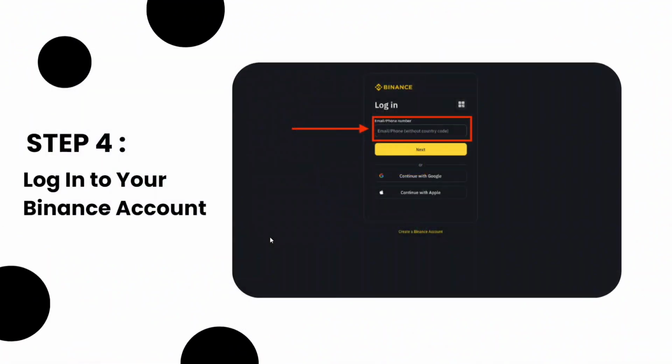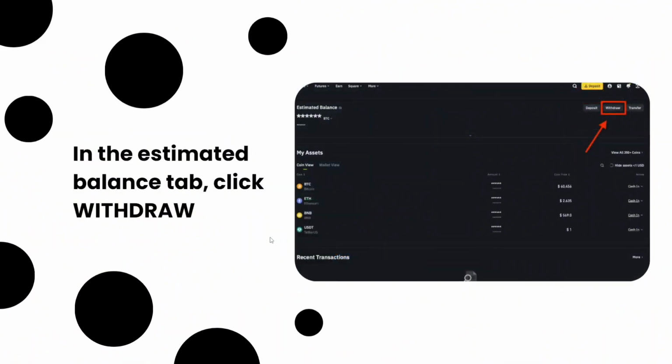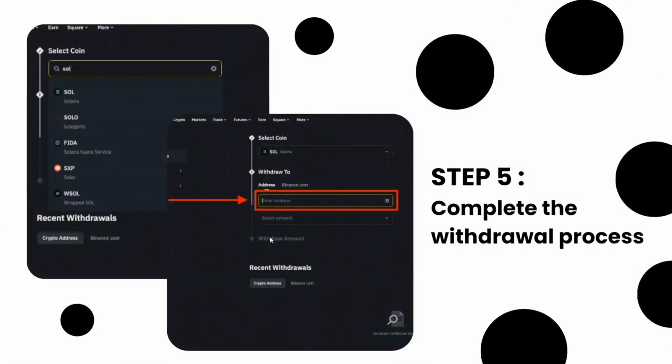After copying it, it's time to log into your Binance account. Just like with Coinbase, sign in using your credentials. And once you're logged in, hover on the wallet icon and click on Overview. Then in the Estimated Balance section, you will see a Withdraw button. Click on this Withdraw button, and once you reach this page, it's time to actually transfer your funds from Binance